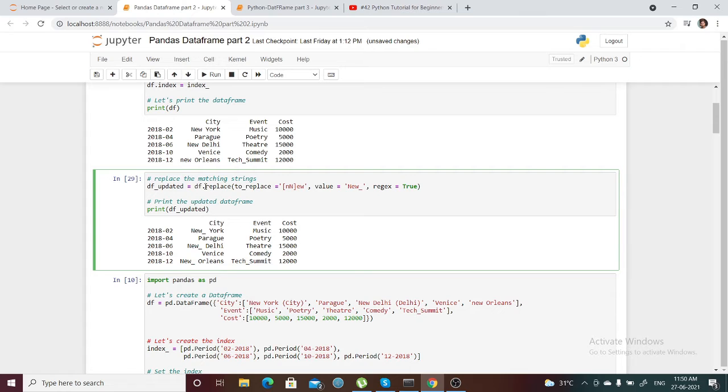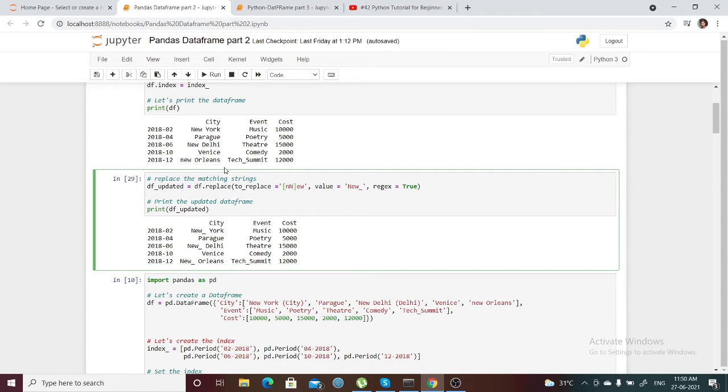There is a replace function in df, an inbuilt pandas function. In the data frame we can use that to replace whatever values there are with the new keyword.